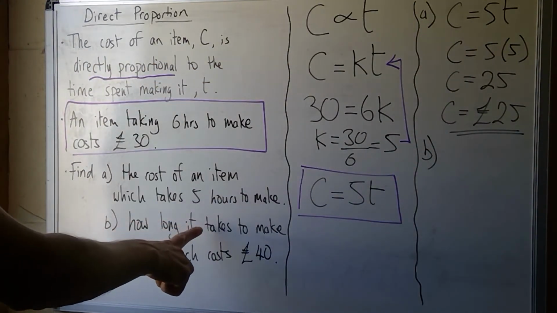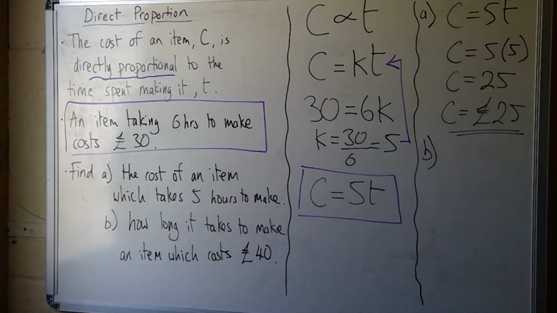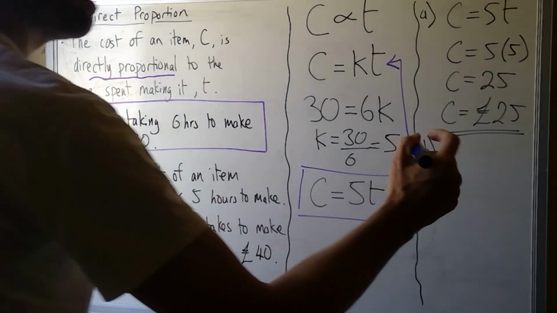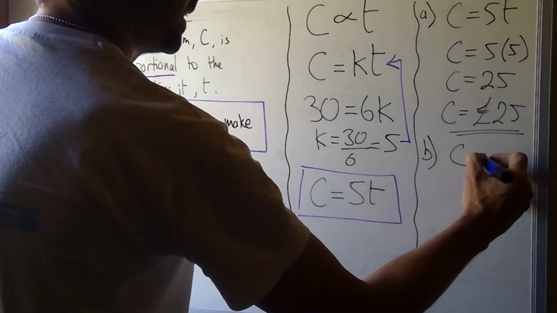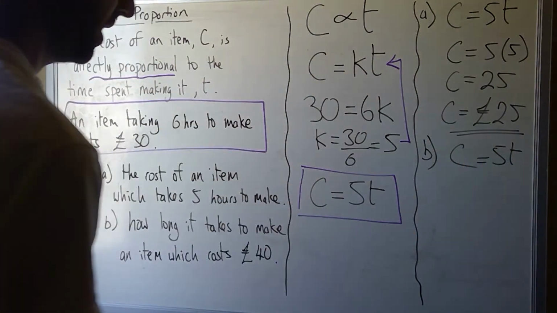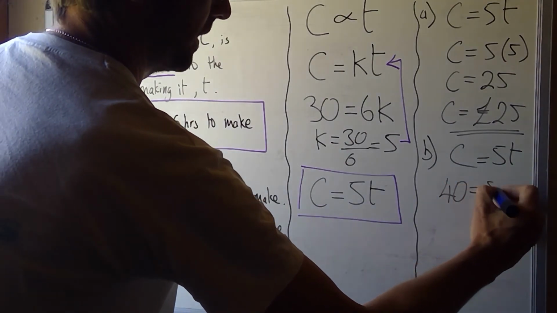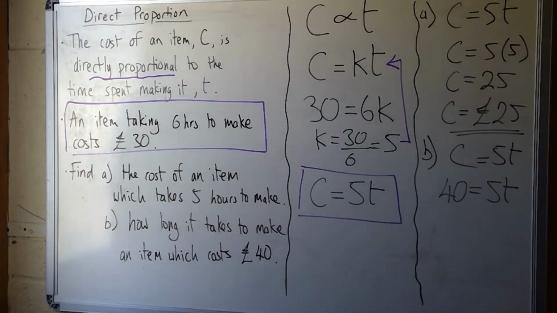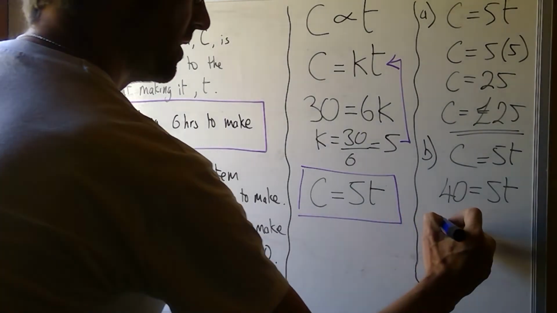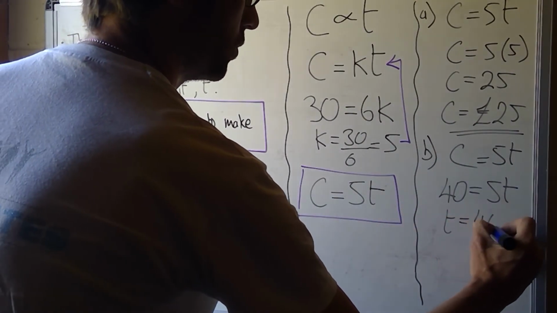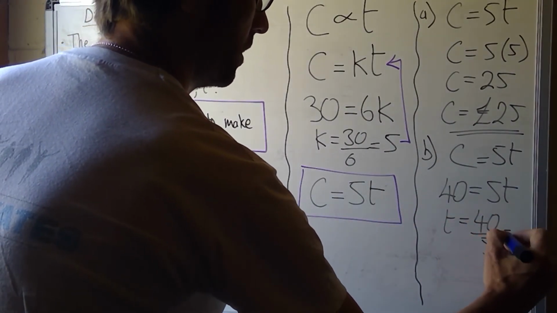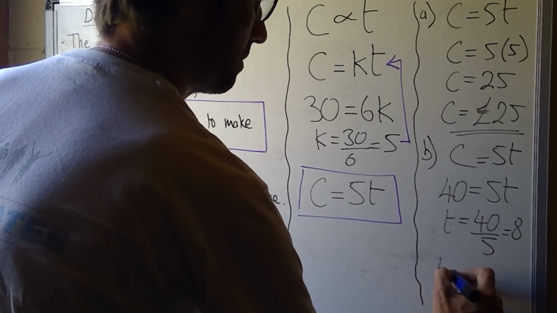Part B, how long it takes to make an item which costs £40. We use the same formula again. C equals 5T. This time we know the cost, so we know that 40 equals 5T. So this time we have to do a small rearrangement. T equals 40 divided by 5, which is 8. So the time